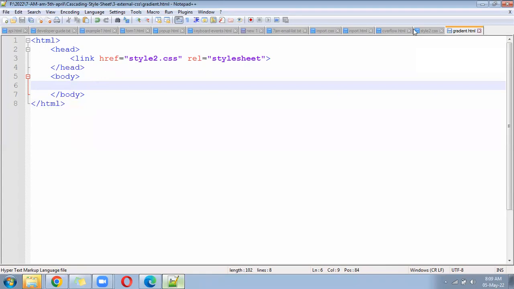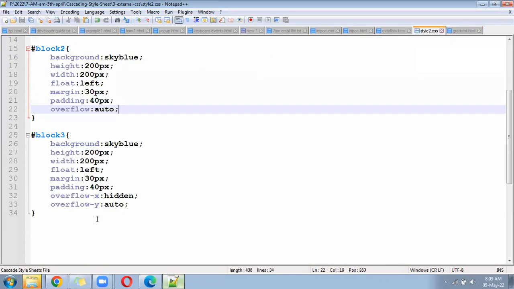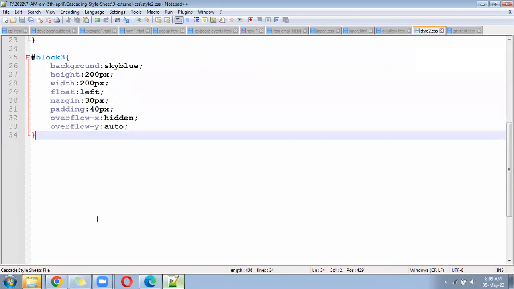Under the style.css file, for the body tag, you can write here